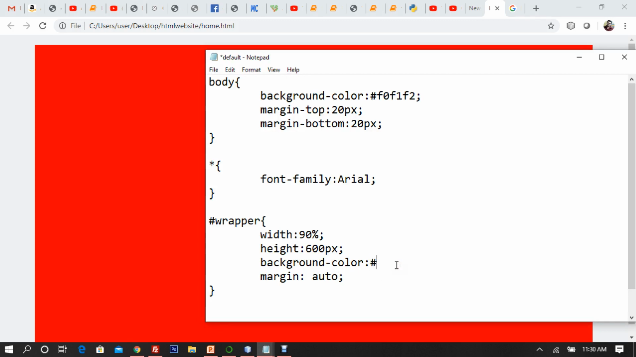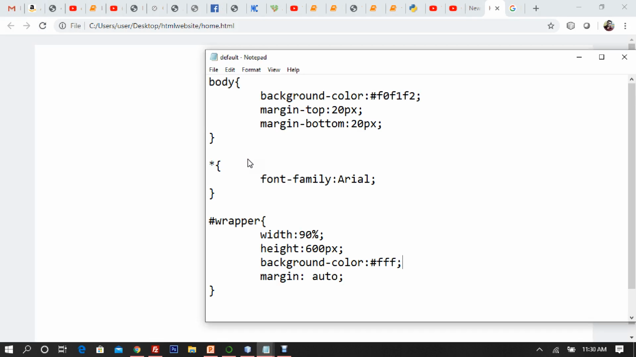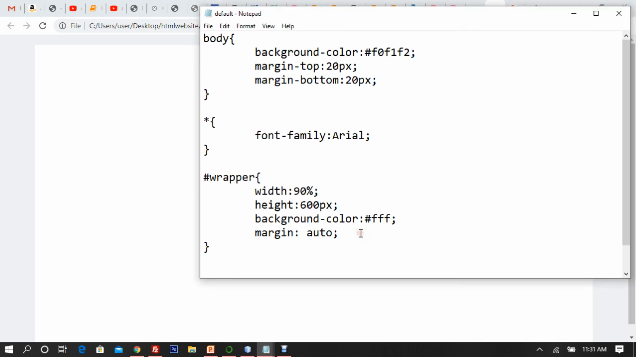So I will turn it white again. Hash FFF means the wrapper is now white again. So now color combination, I'm going to tell you a secret of color combination today, that color combinations completely depend on right, left, top and bottom, right? And border plays a very vital role in selection, right? And if your color is gray, and your foreground is white, and if you are stuck between gray and white, what you can do is